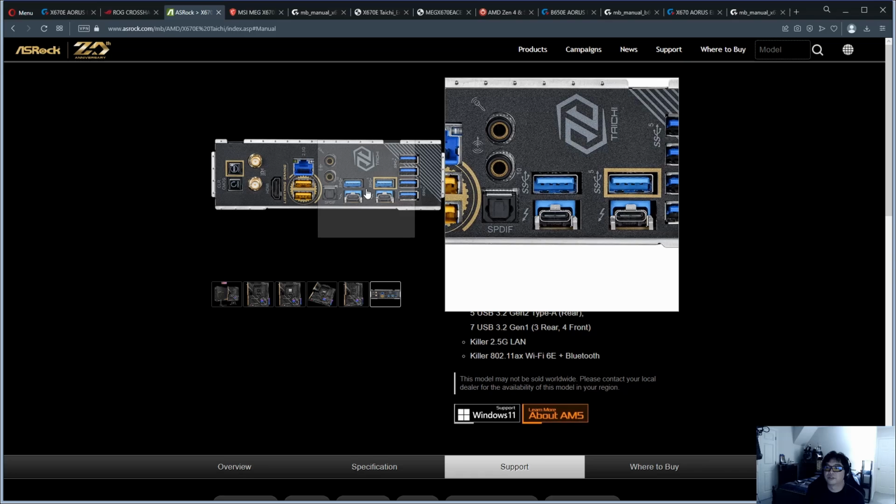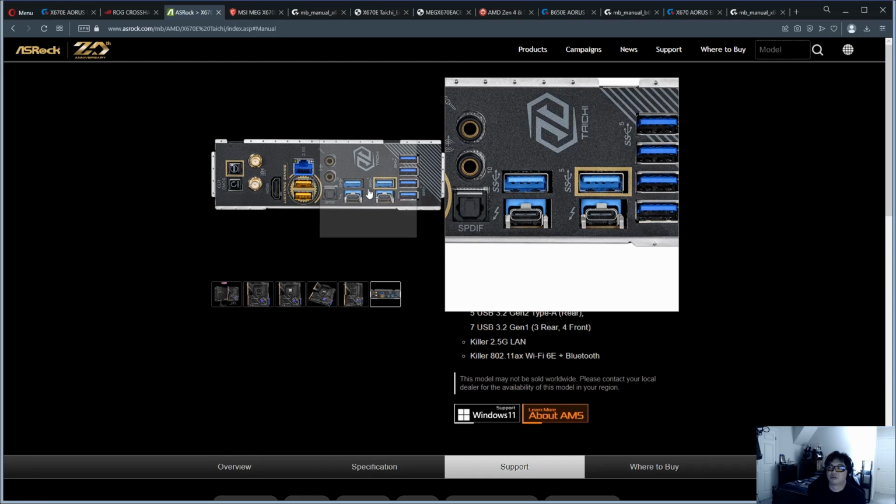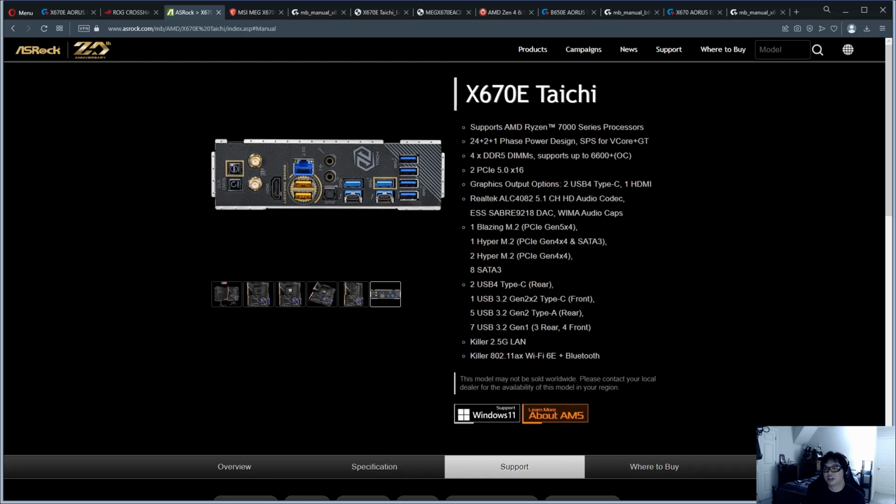aka Thunderbolt 4. So you get dual Thunderbolt USB-C ports on the back. That's the 40 gig ports straight off of the CPU. They wire directly to the CPU. That's because they've integrated the Intel Thunderbolt 4 controller into the motherboard and wired directly onto those 4 lanes of Gen 5. So that kind of gives you guys an idea of how the resources were allocated, and it's quite